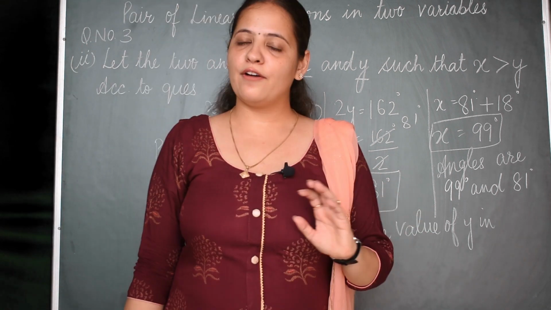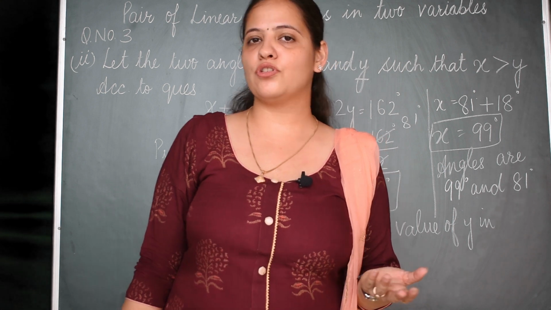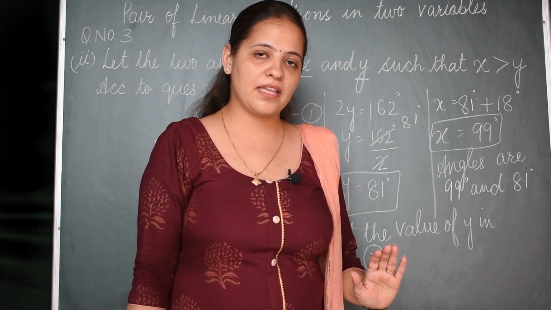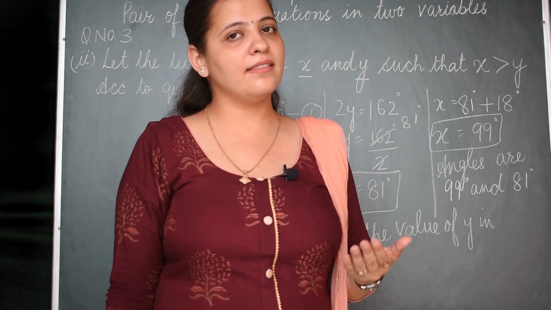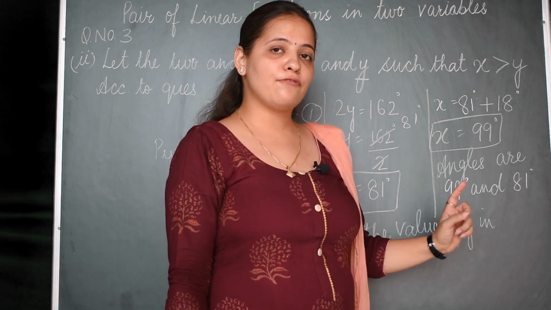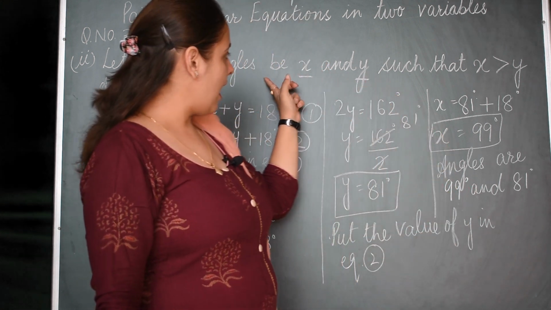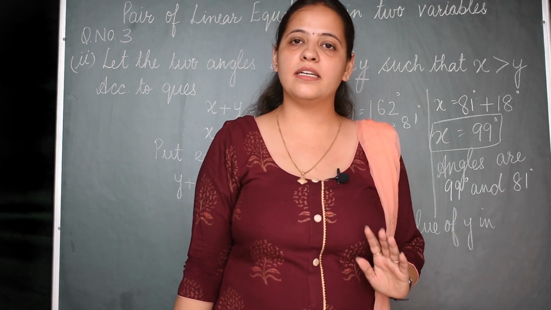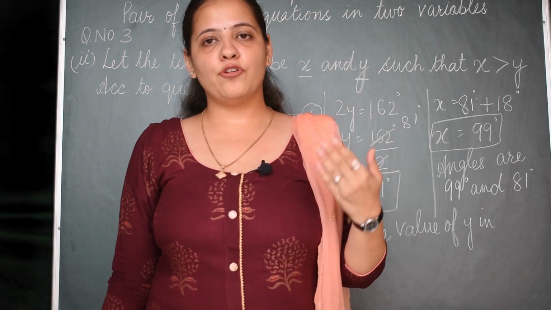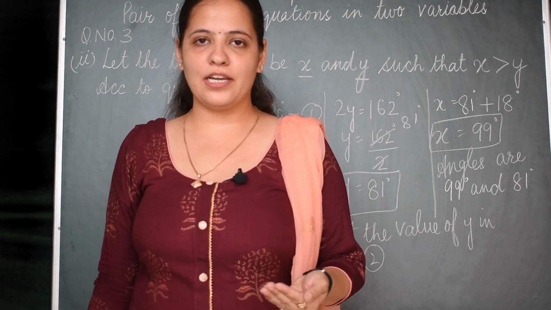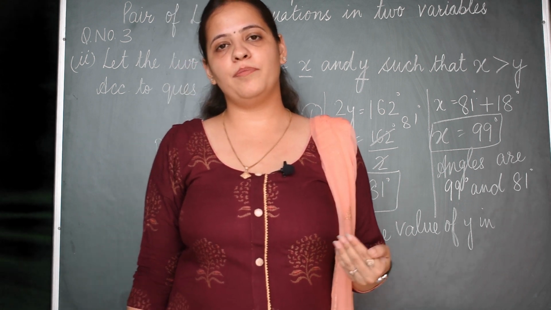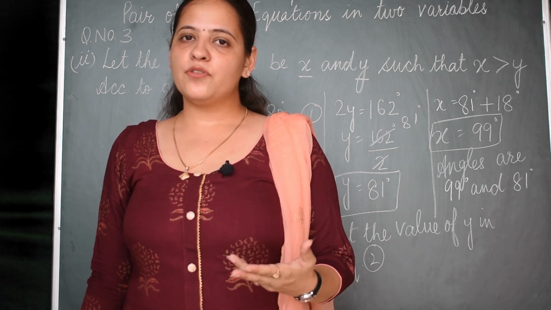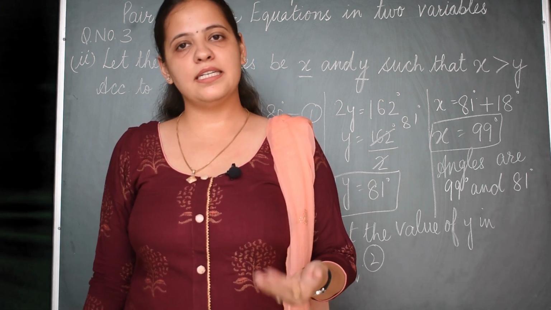So in this way you have to make the equations first and then you have to solve by substitution method. As this exercise is based on substitution method, you have to solve it by that method only. And one more thing you have to keep in mind is that it is an angle, so you have to write in degrees, otherwise your half mark will be deducted. So in this way you have to make equations, find out the values of x and y, and then you will be able to answer the question. There are 4 more parts remaining, which we will discuss in the next session.